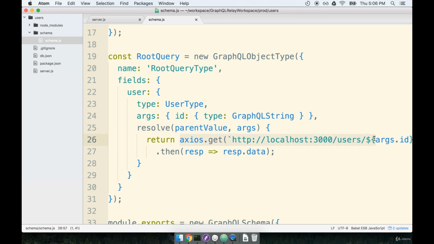This can be a third-party server. This could be reading a file off the hard drive. It can be a database, anything we want to do. Resolve is really our playground for just fetching any piece of data in any fashion that we can possibly imagine. Okay, let's move on to the next section and start putting a bit more logic